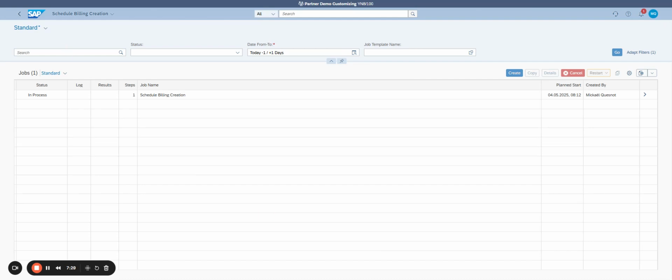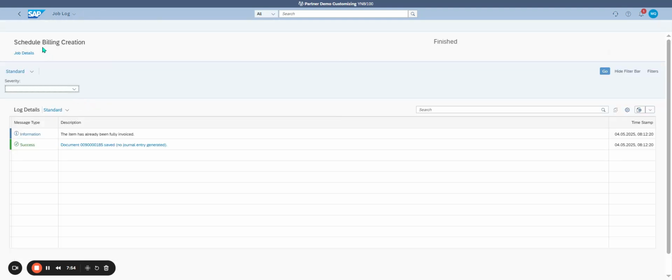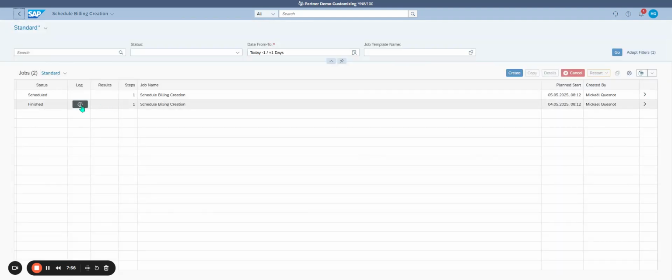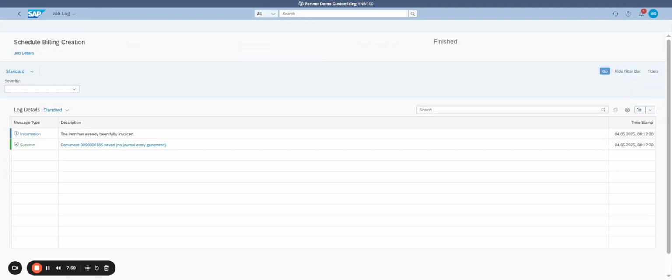I click on go to refresh my screen. Okay, I see that there is a log. Check billing creation job log. In the application job screen, after the status of the job item turns to finished, choose the job log. So I just have to click on show log,